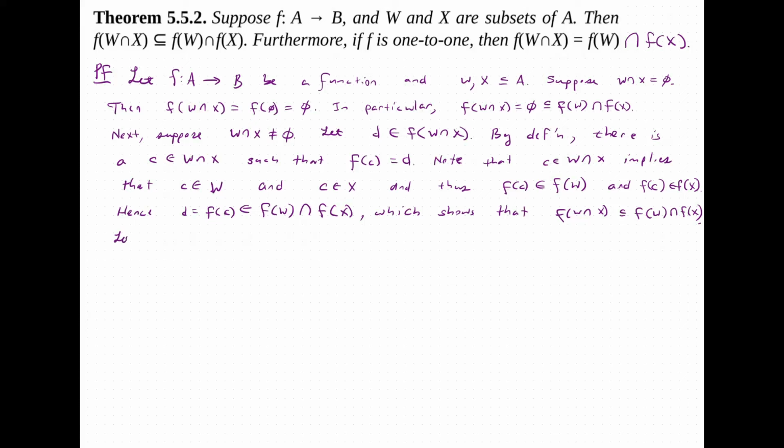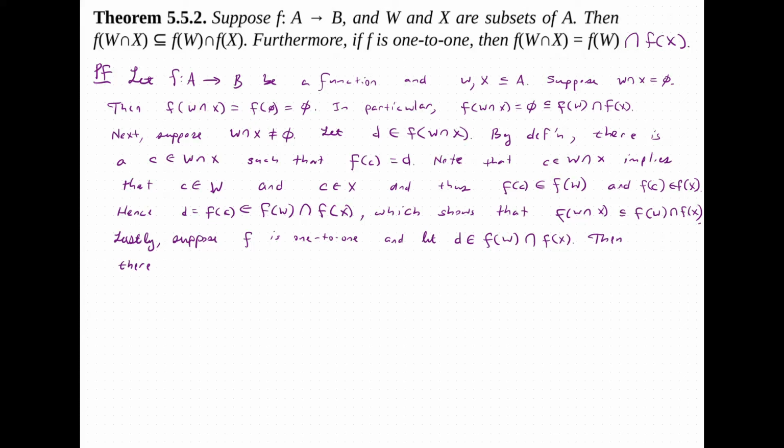So lastly, suppose f is one-to-one, and let d be in f of w intersect f of x. Now, this is telling us that d is both in f of w and f of capital X. So by definition, we have